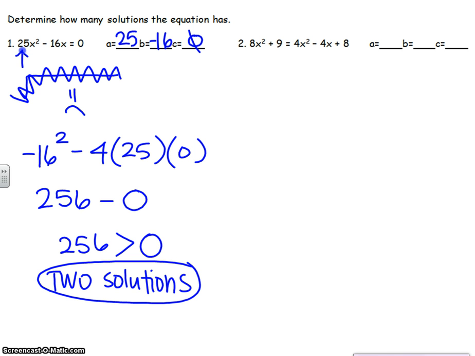All right, let's look at number 2. We've got a whole big mess here. 8x squared plus 9 equals 4x squared minus 4x plus 8. We of course need to first set this equal to 0, so let's rearrange some things,